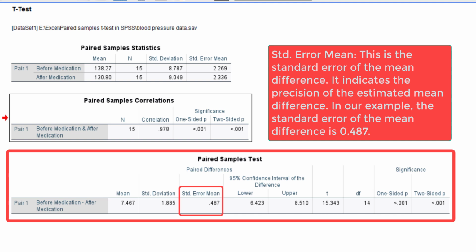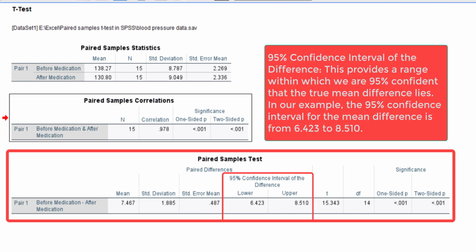In this case, the standard error of the mean difference is 0.487. The 95% confidence interval of the difference provides a range within which we are 95% confident that the true mean difference lies. In this case, the 95% confidence interval for the mean difference is from 6.423 to 8.510.